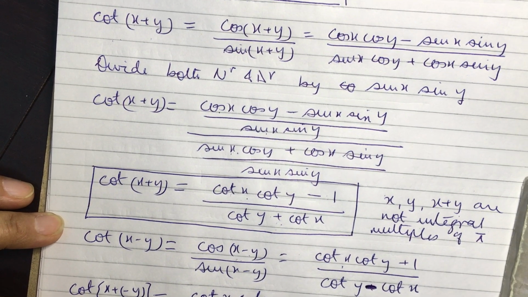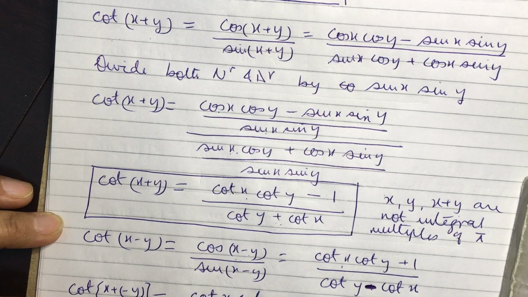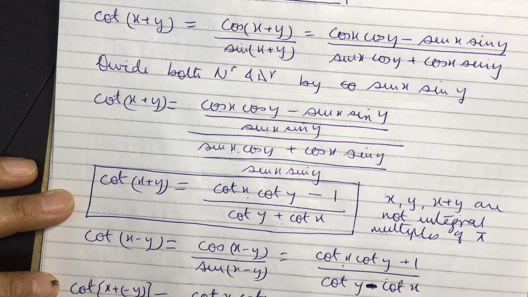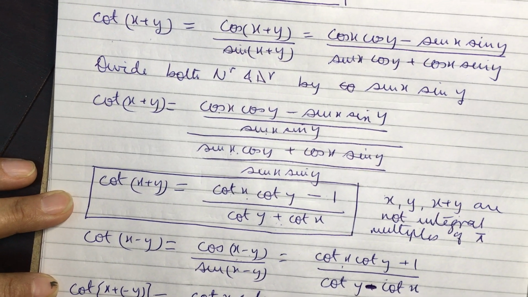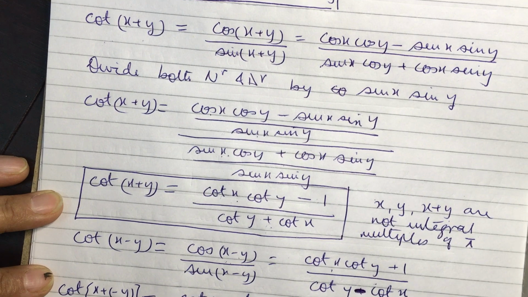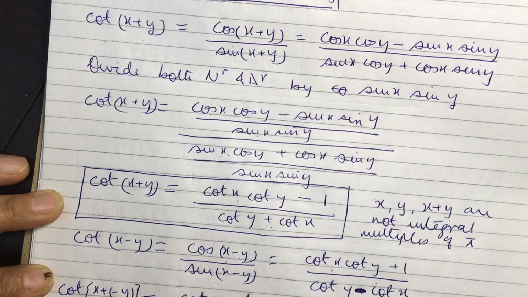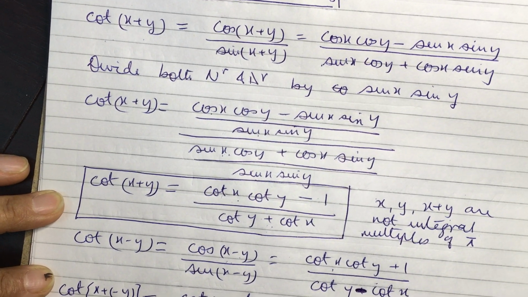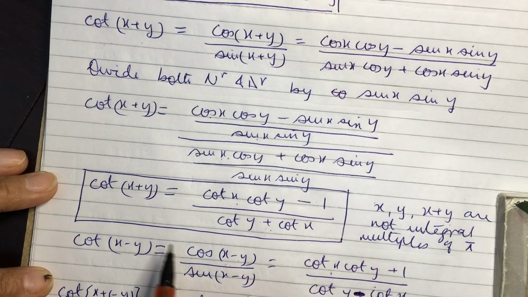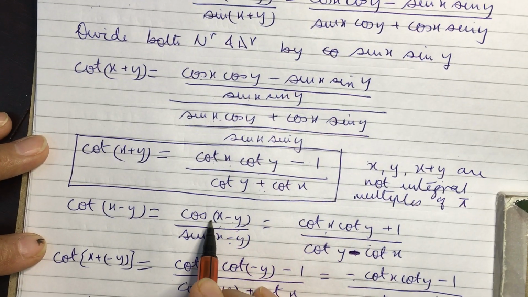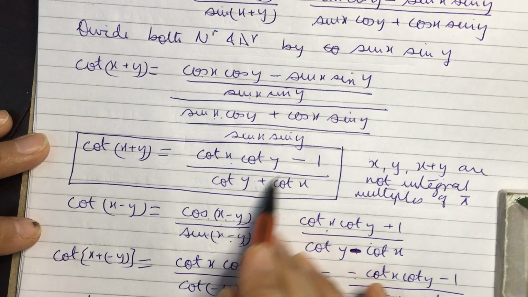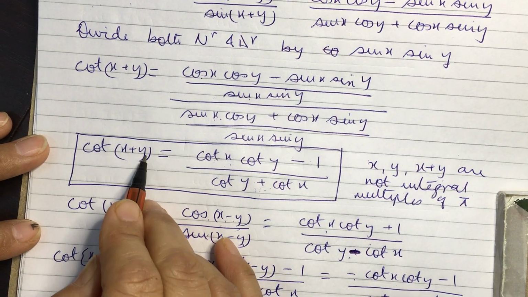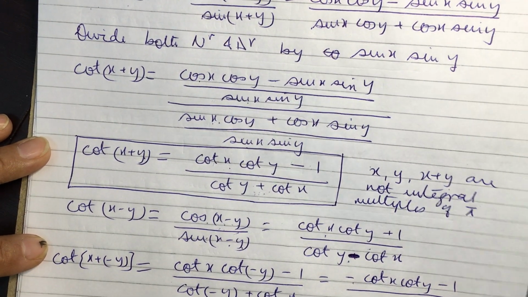here also if you want to take minus common, you get cot y minus cot x, this gets cancelled and hence the result is the same as what we obtained above, which is cot of x minus y is equal to cot x cot y plus 1 whole upon cot y minus cot x. So either you do it directly by taking this way, that is cos of x minus y over sin of x minus y, and simply the signs get reversed, or you do it by substituting minus y in this result, and either way we are getting the same result.